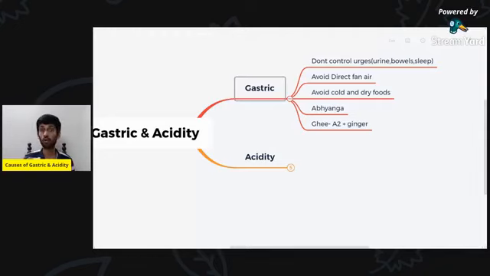That's it. No cold and dry foods, to make sure your vata does not go out of balance. See, cold and dry, that's what vata is, right? So if you don't eat cold and dry foods, or you moderate them, then you can manage the vata. Don't need to think too much. Understand the concept of vata.